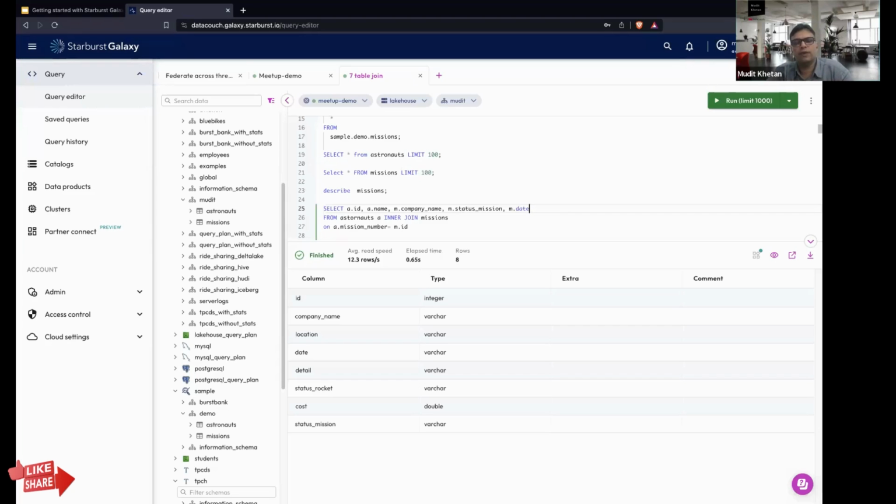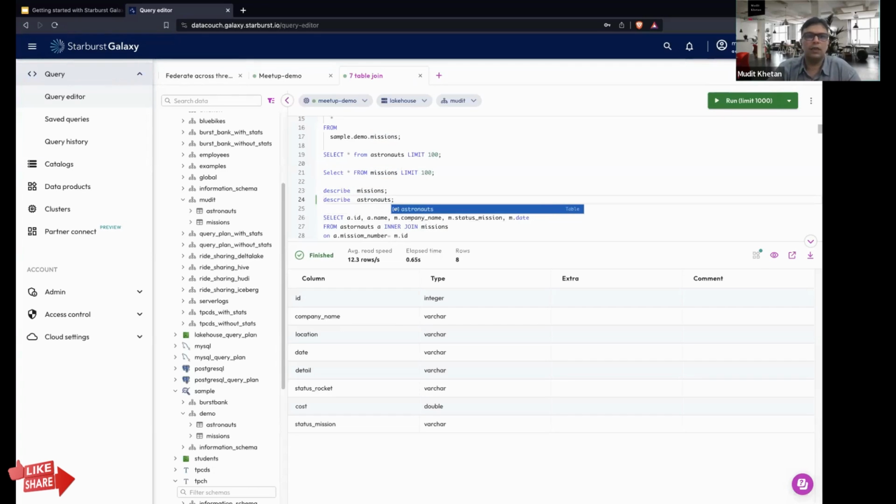We are going to identify the name of the astronaut, the company, the agency basically, whether it is NASA, ISRO of India, SpaceX, or Virgin Atlantic or any other company which has launched that mission. What is the status of the mission? Which date was there? And the join would be there. So let us also describe the astronauts table.